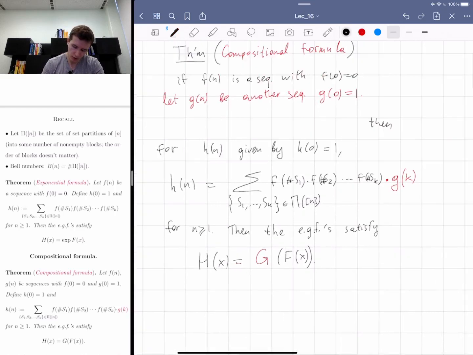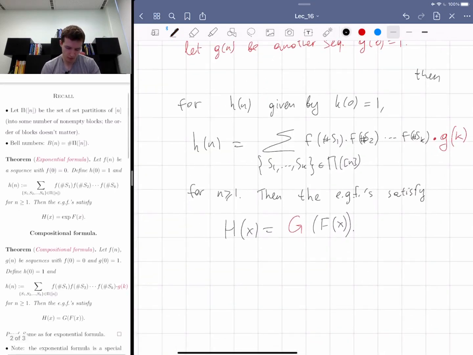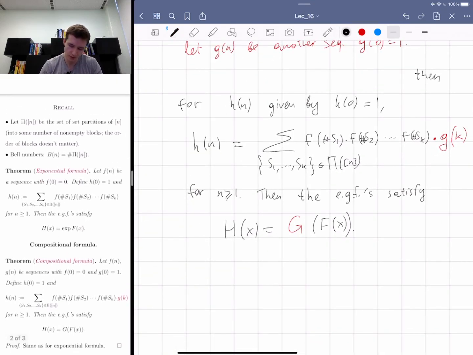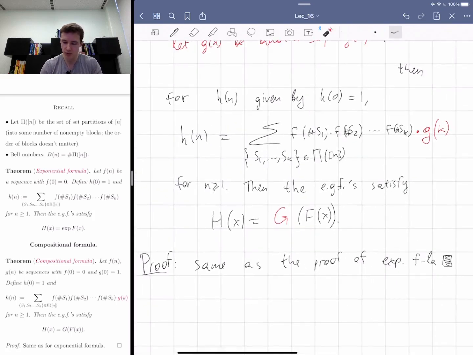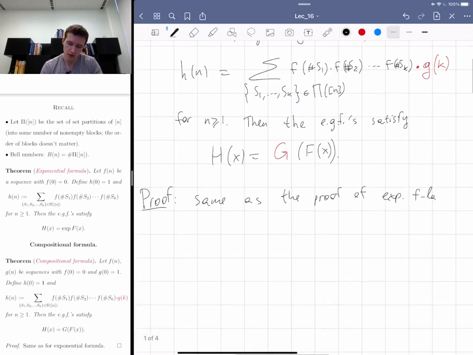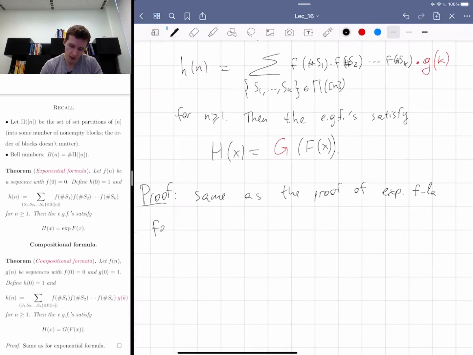And let me remark, here is the proof. The proof is the same as the proof of the exponential formula. Which is to say that for the exponential formula, what we did was we fixed k, so we fixed the number of blocks. Maybe I should write down a little detail. So if you fix k,